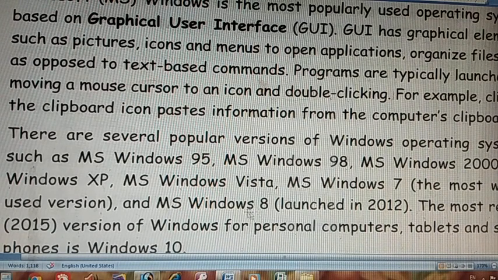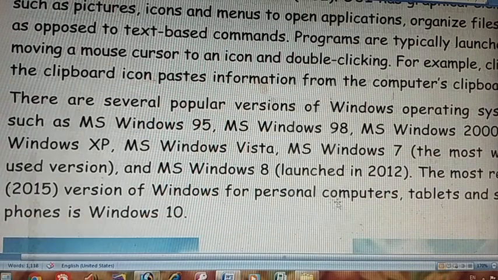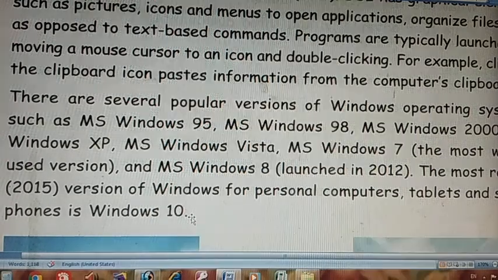And MS Windows 8 was launched in 2012. The most recent version of Windows for personal computers, tablets and smartphones is Windows 10. So you can update and use Windows 10 also now.